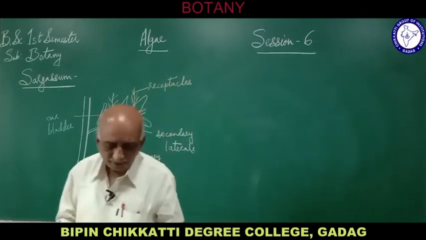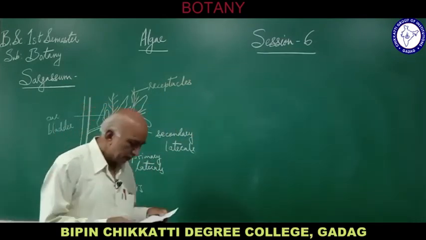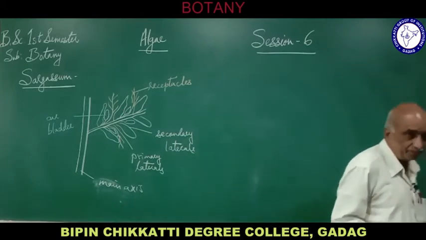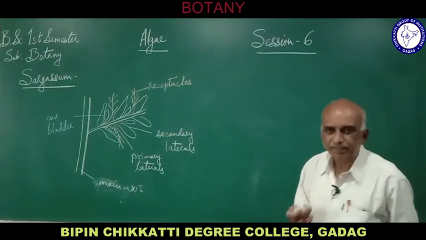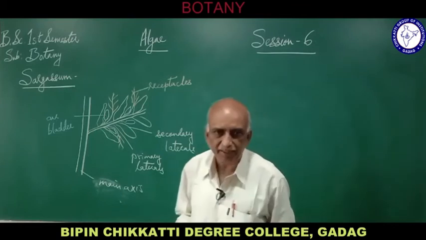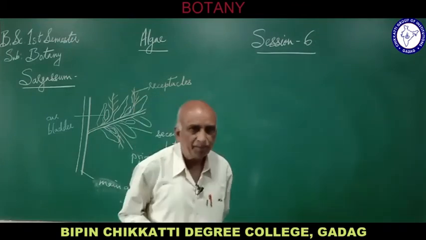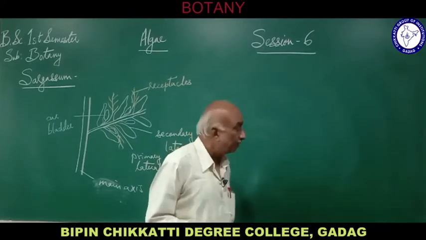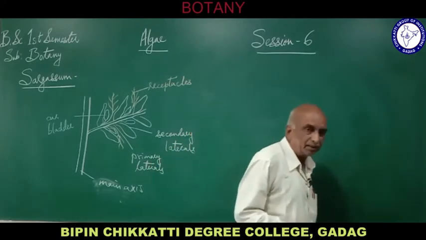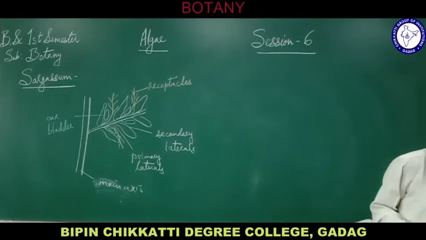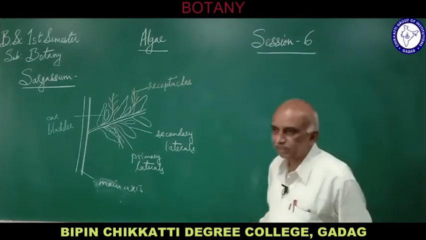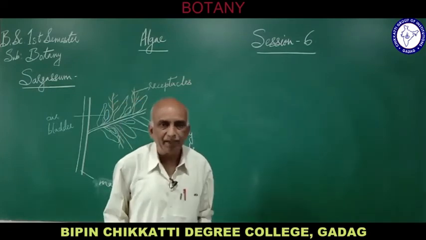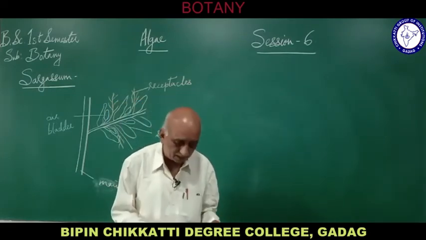The vegetative method, which we have already studied, is usually by fragmentation, and of course spore formation, sporulation, is also there. But here we don't come across the production of spores; instead, fragmentation is the common method of vegetation. When any part of the plant is separated accidentally,